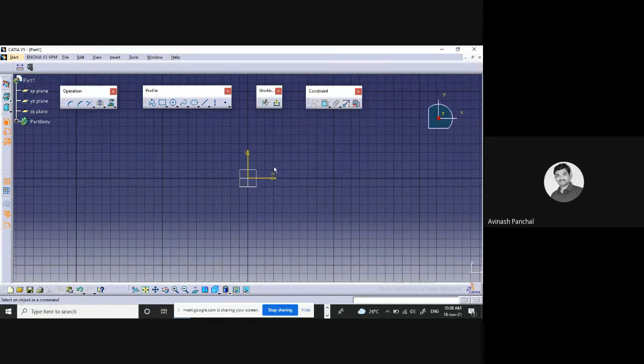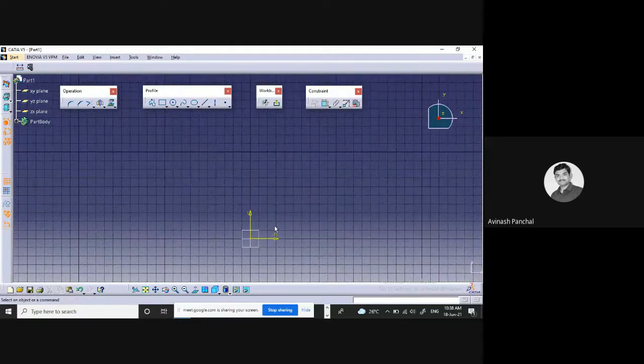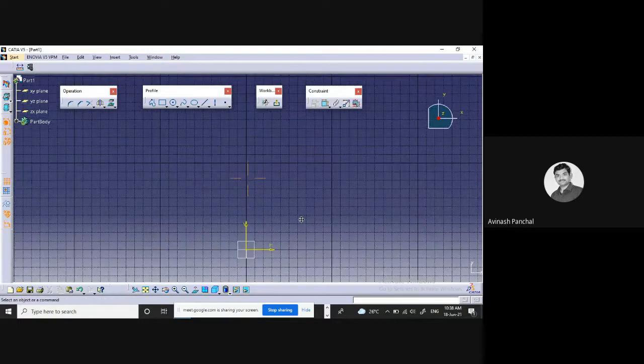In this, what we have seen, we have just selected one plane and clicked on the sketch toolbar. So we came into the sketching window. Here we can see the grid is there. This grid